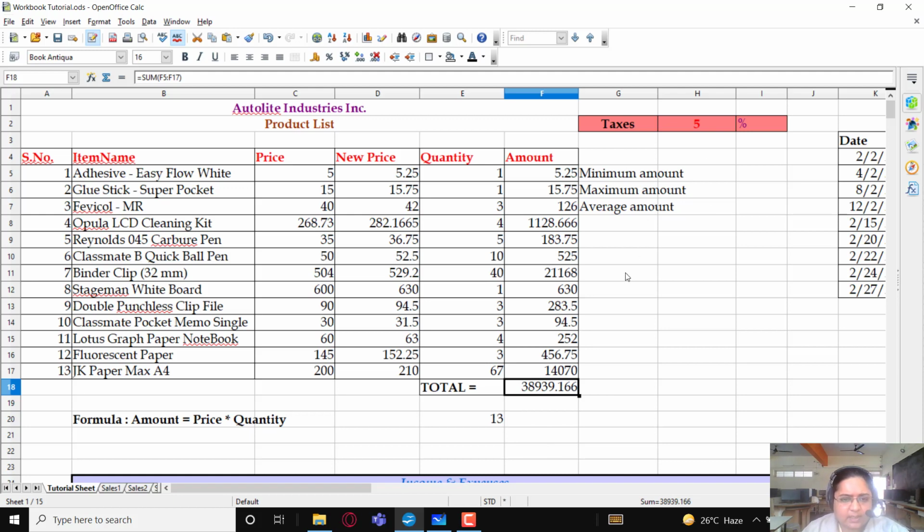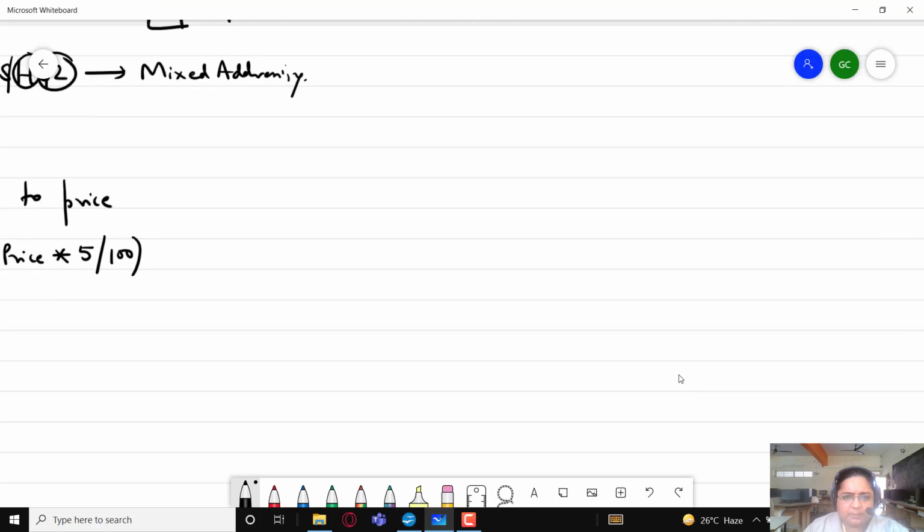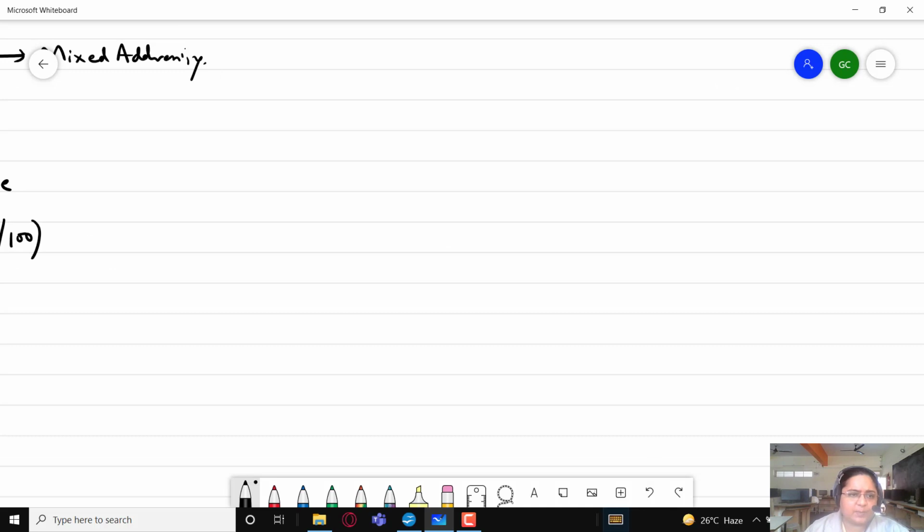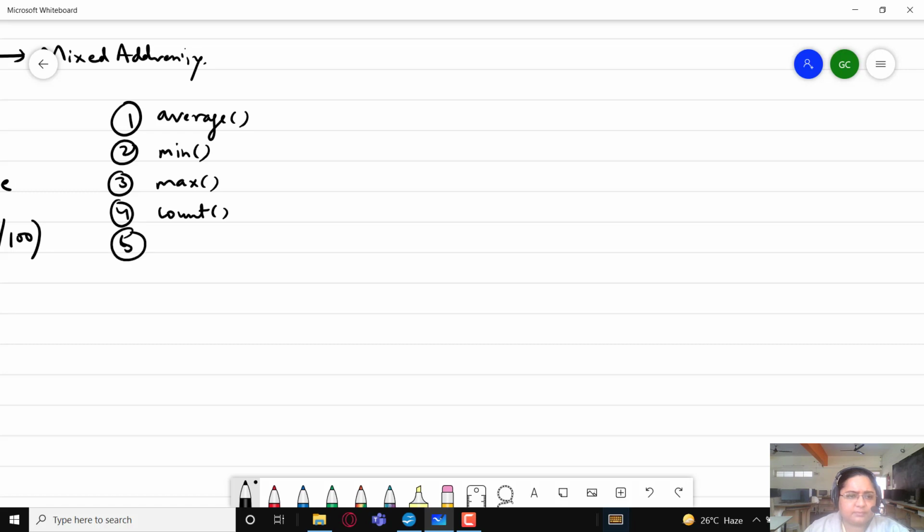Now let us use some other functions over here, some basic functions in any spreadsheet like average, min, max, count, count A function, and so on.